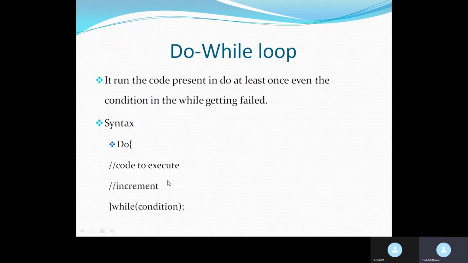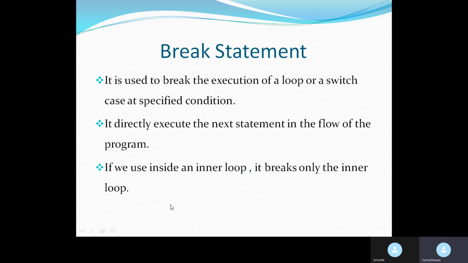The main usage of this one is if you build a menu driven program, like we have seen in the earlier videos. There we'll use this do while loop, because we need to present that menu to the user first. Even if the condition is false or true, it should display the menu first. Then, based on the condition the user selected, it will perform the operation. First it will execute the code, and then it will come to the condition checking here in the while.